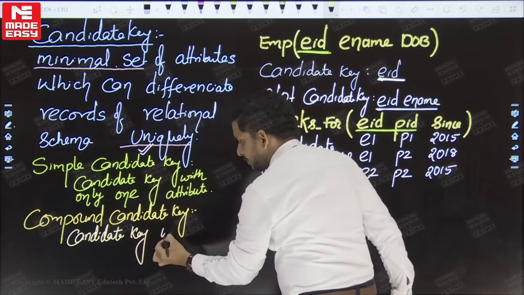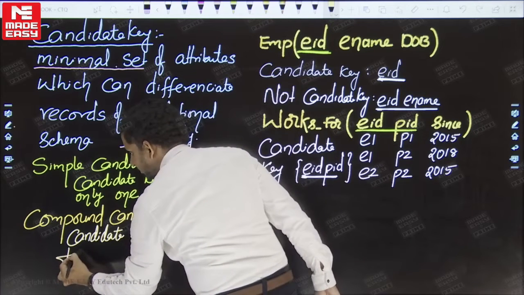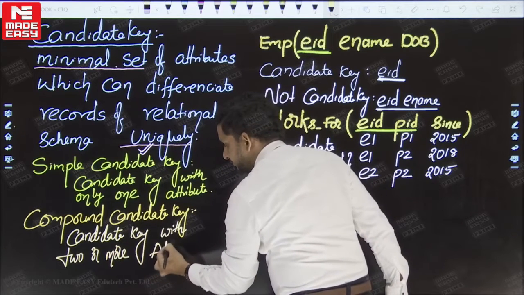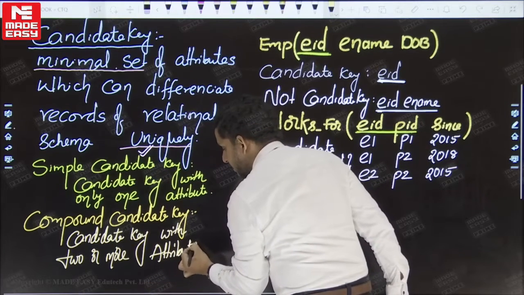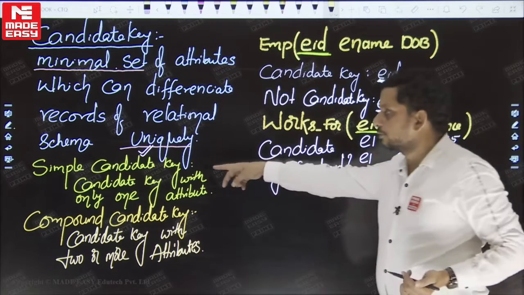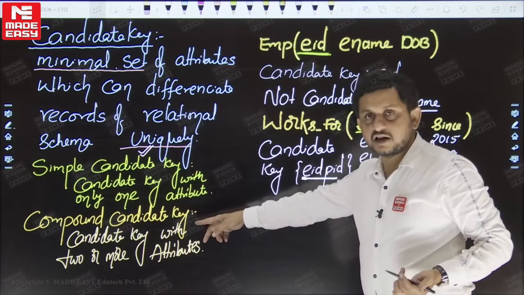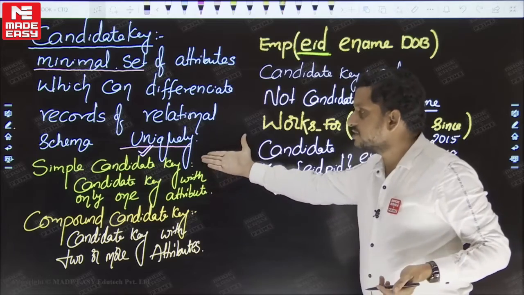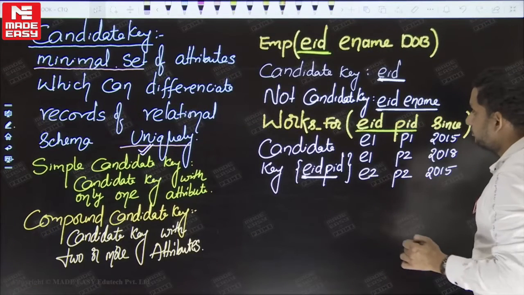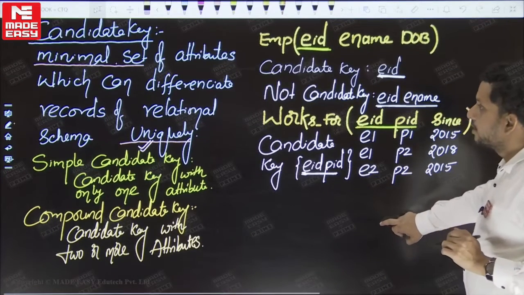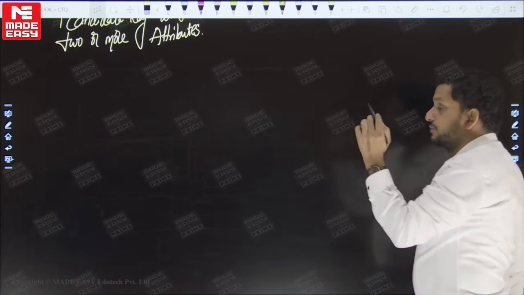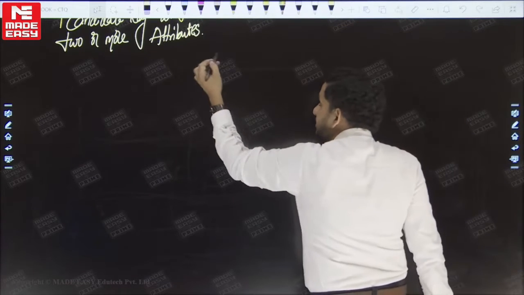Candidate key with two or more attributes. If two or more attributes form the candidate key, such a candidate key is called a compound candidate key. So a relation can have all simple candidate keys, or it can have compound candidate keys. The same relational schema can have some simple candidate keys as well as compound candidate keys. Okay, so this is the definition of candidate key. Even though the primary key and alternative key concepts are not given in the above problem, just for an idea,